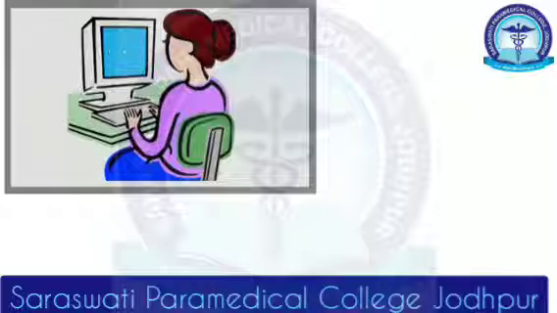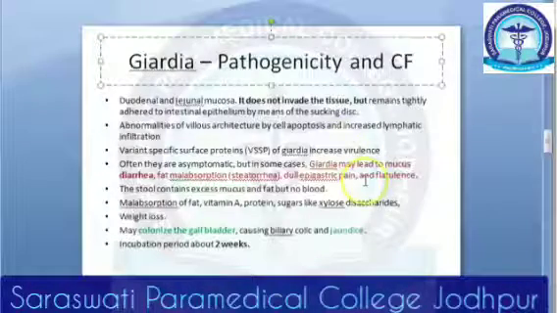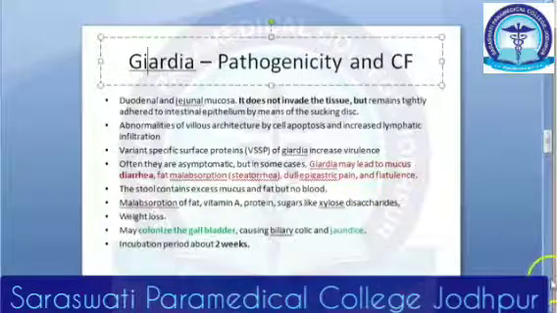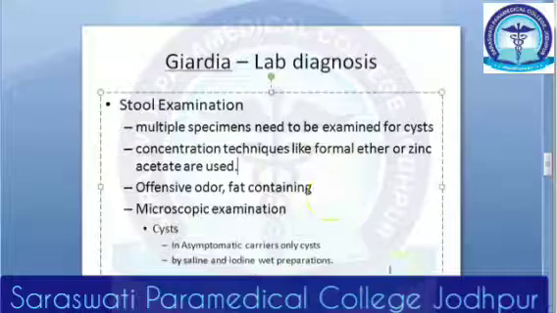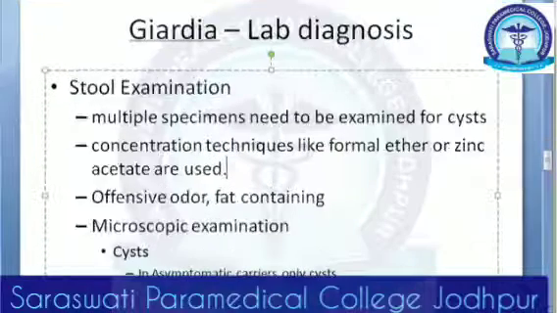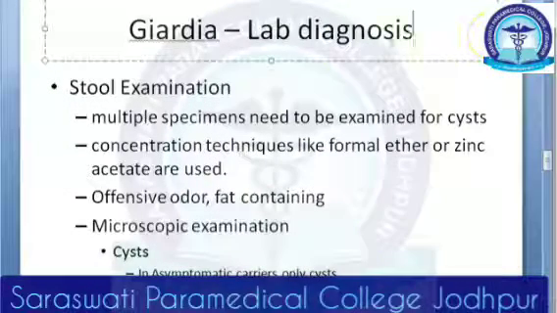Giardia lamblia is a protozoa which has flagella. It is intestinal; the habitat is the small intestine especially. In the small intestine it will exist as a trophozoite, and in the large intestine it will encyst. The infective form is the cyst. Remember, it will not invade, it will stay in the lumen and adhere to the intestine.